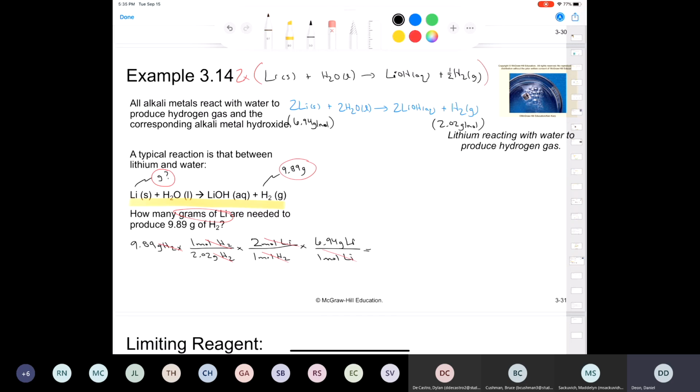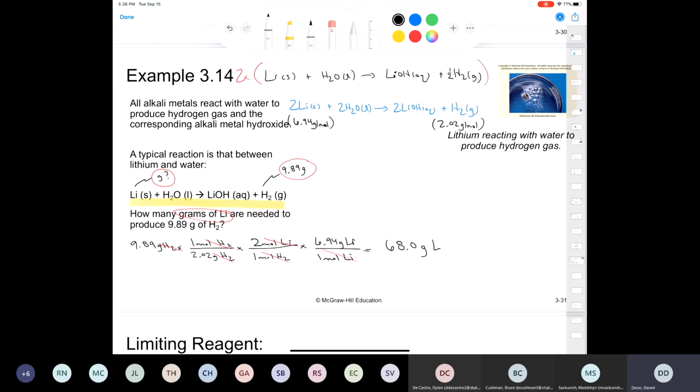You punch all that into your calculator and you end up with, how many sig figs should I have, Bruce? You seem to know the last time. Or anybody. Chris, good, perfect. What did you put? Okay, good. Everybody put 3. Yes, I should have 3 sig figs. Why? Because I have 3 sig figs in this mass that was provided. So my final answer is going to be